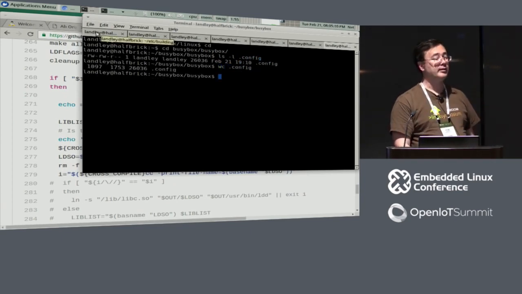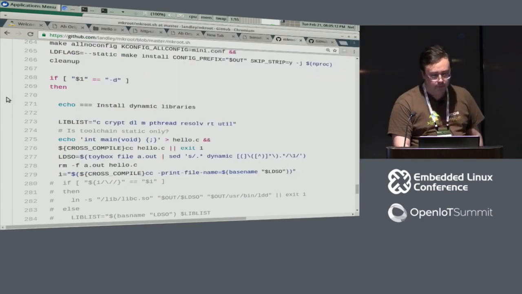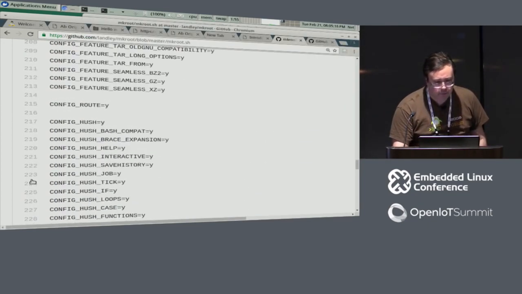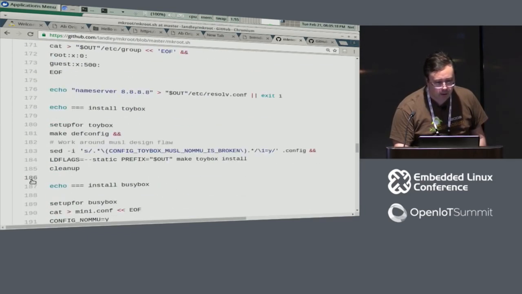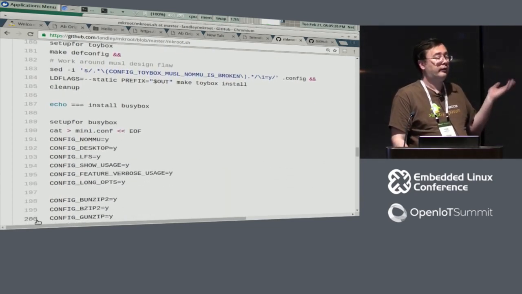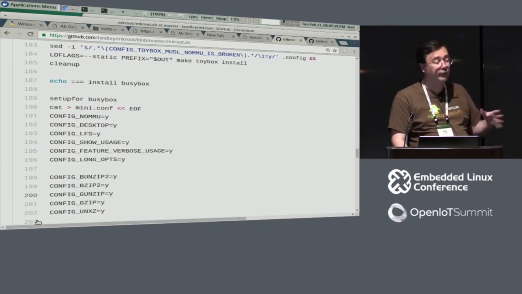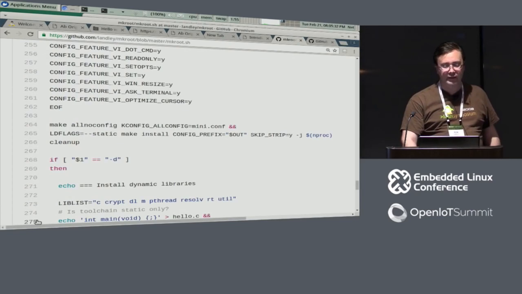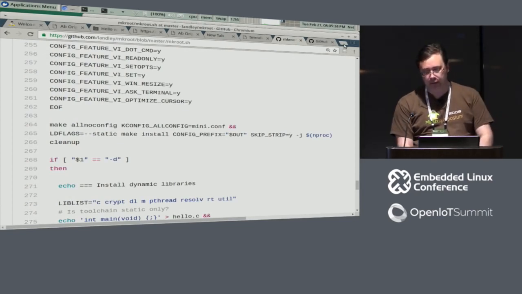is 1,097 lines. It ends on line 261, and it started on line 191. So 150 symbols instead of 1,000 and stuff. And that's for selecting rather a lot of stuff. And this is a format called miniconfig,